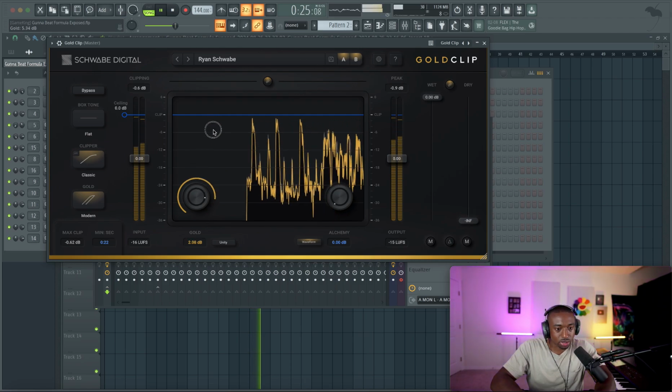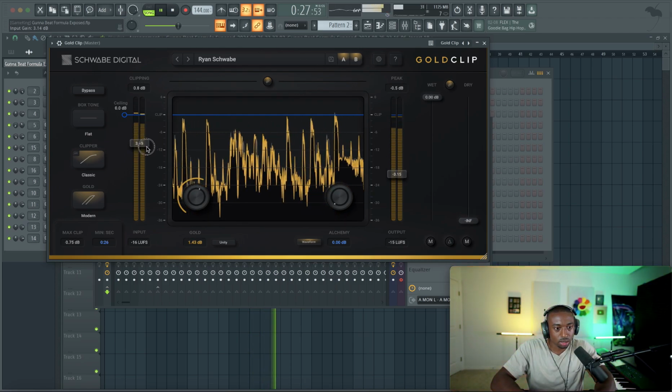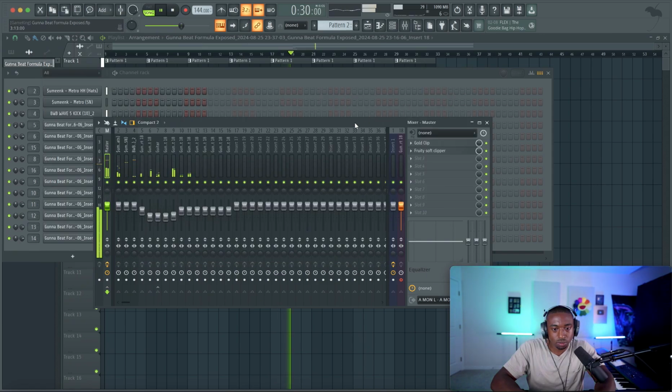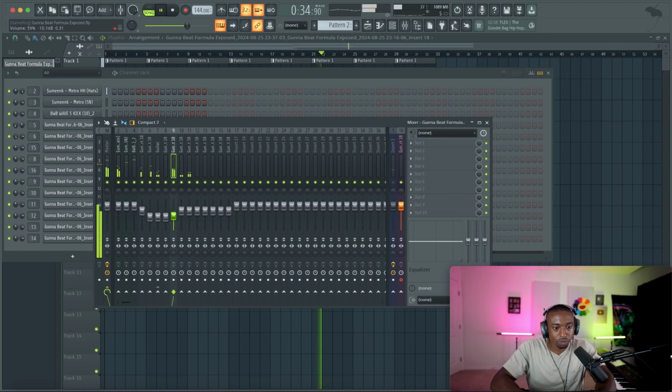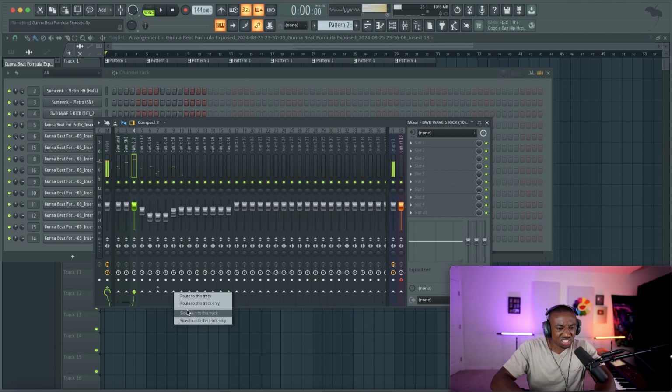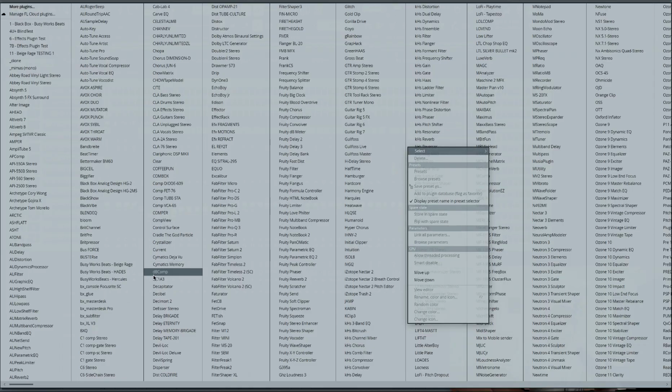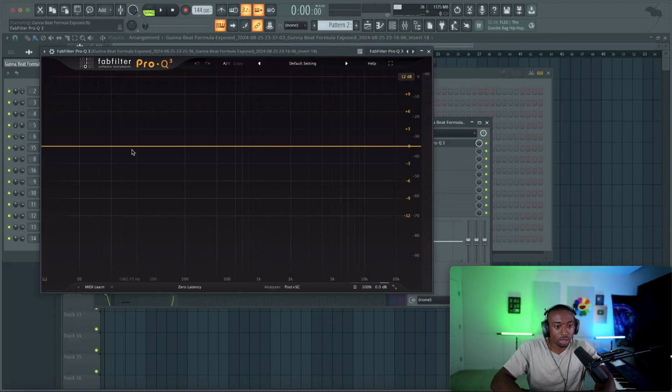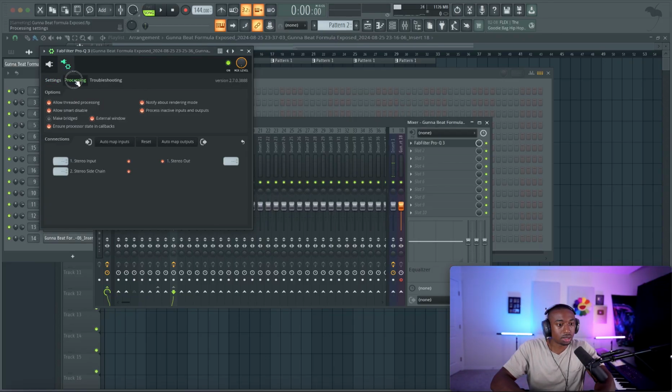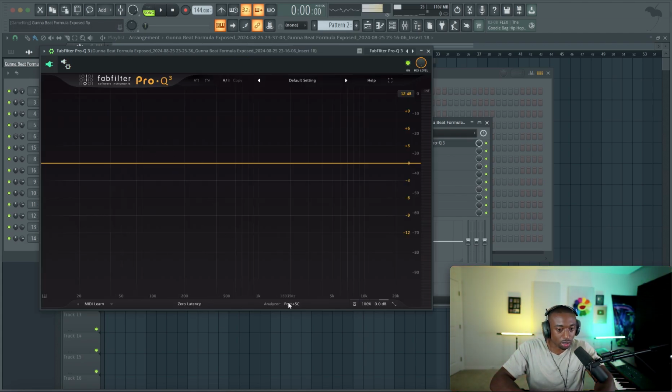So I like adding the saturation. Sounds nice. See how it like fills out the sound. Okay, so now the kick and this sound are clashing, so we're gonna right click, side chain to this track, open up FabFilter Pro Q3, and in here we're gonna go to the settings, plugin settings, processing, right click, find your kick as the input there. And now we're gonna go down here and turn on collision mode. That's gonna show us red as to where the most energy of the sound is.